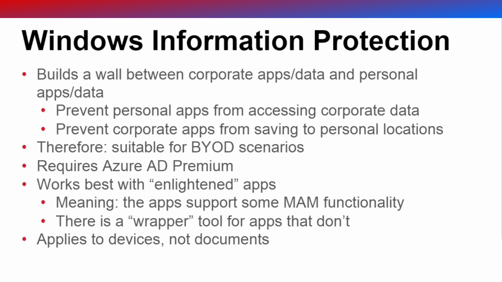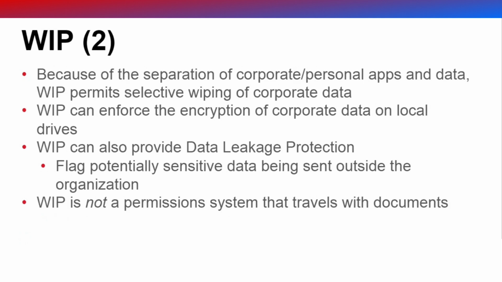Now, it also permits selective wipes. One of the challenges we have with the BYOD scenario is somebody loses their device. There's some corporate data on there, and there's some personal data on there. I don't necessarily want to wipe the personal data, because maybe somebody finds their device a week from now, and I don't want to wipe all their personal photos that may be very precious to them. So with WIP, we can do a selective wipe for a lost or stolen device and wipe just the corporate data. We can also use WIP to enforce the encryption of corporate data on the local device. So we can say, it's fine, you can use this app and you can use corporate data on your device, but it's got to be using